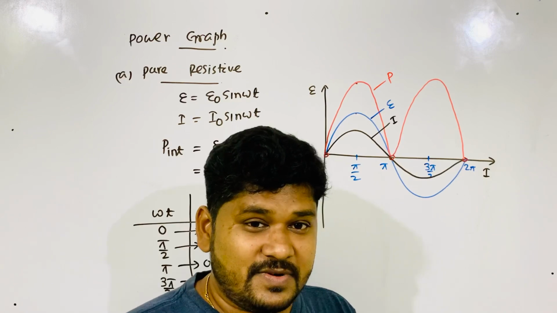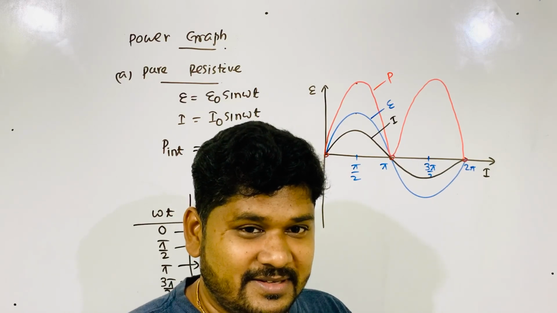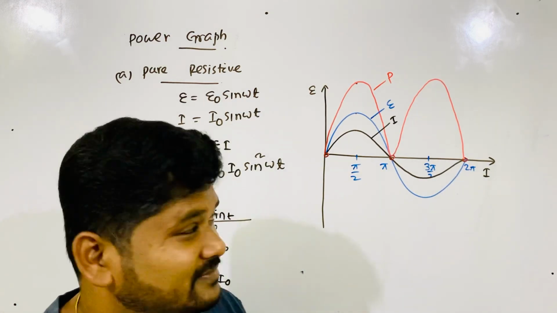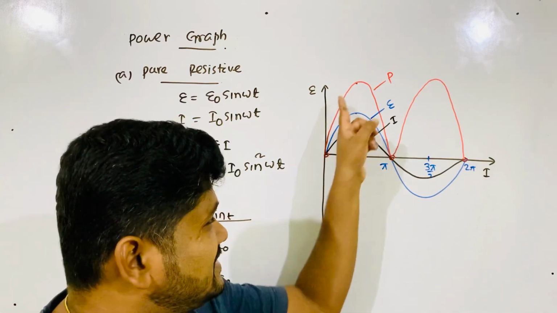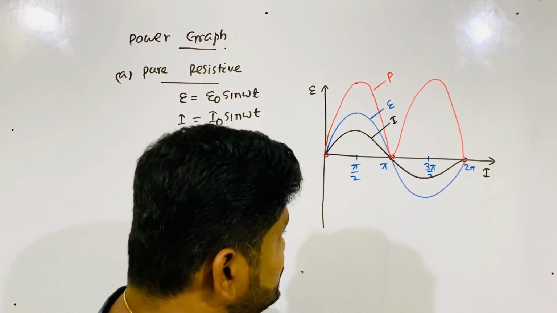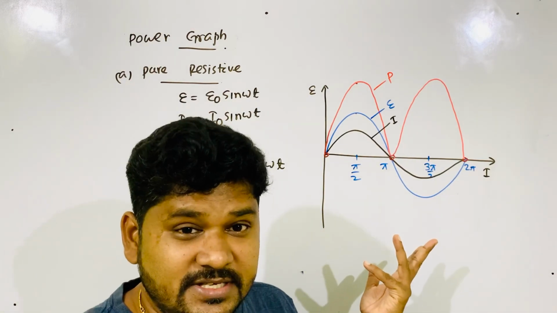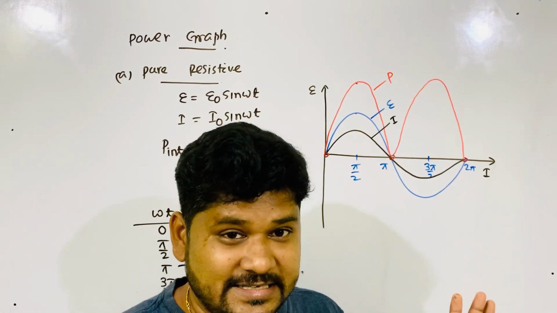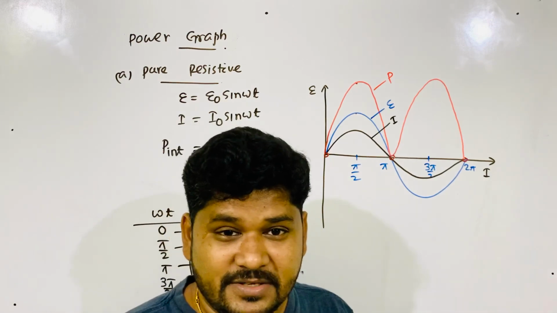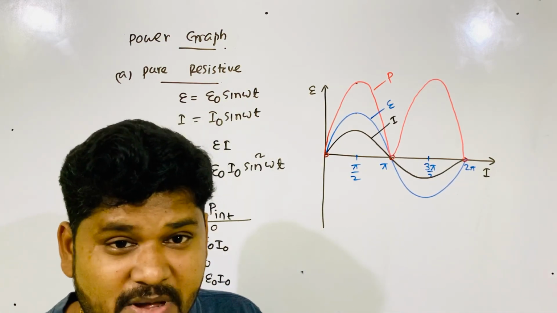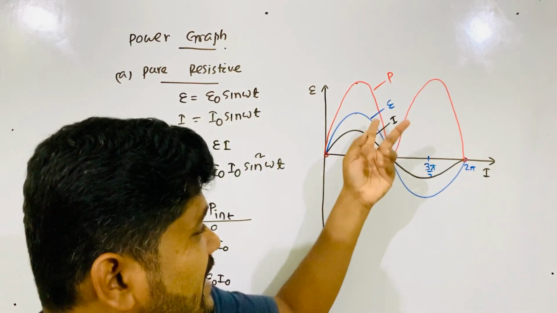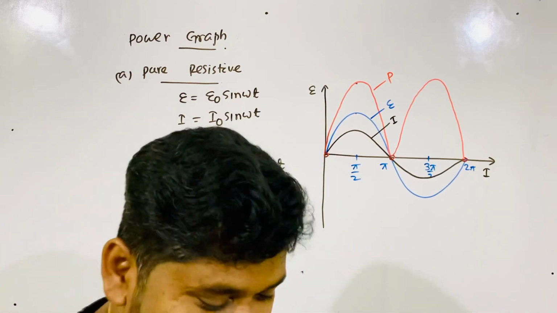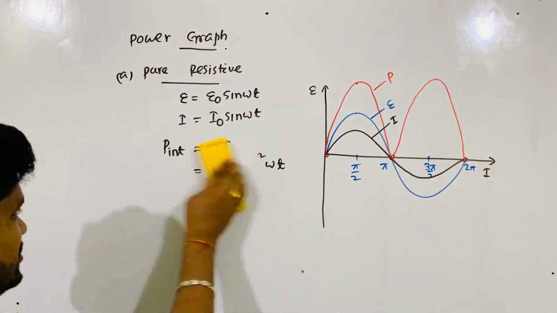Did you get the answer to your question? What had I asked just before? Can instantaneous power be negative? Look at the graph. Can instantaneous power be negative? No sir, it is not negative. So the answer is yes or no? Instantaneous power cannot be negative. Average power cannot be negative, because that's average power. So instantaneous power cannot be negative. Now the answer is coming to your mind. Let's go further and see whether your answer will change or not.